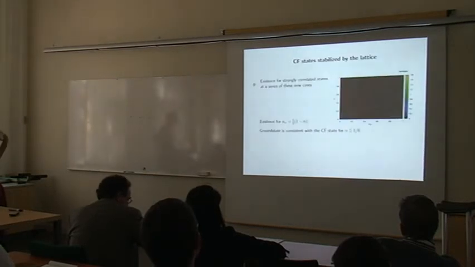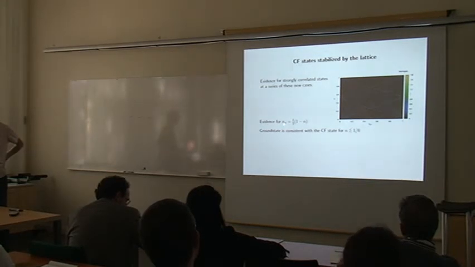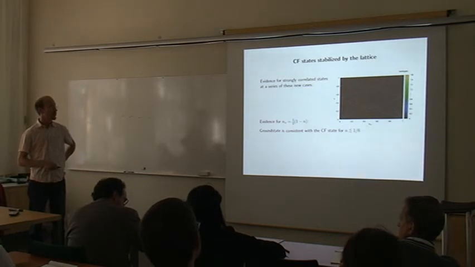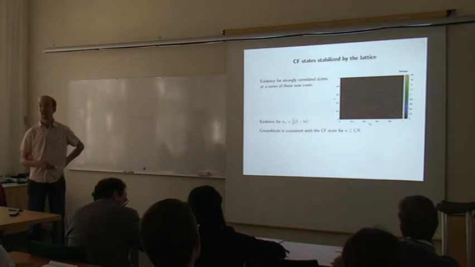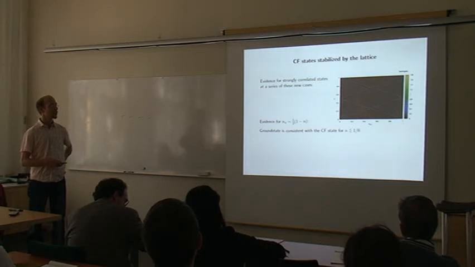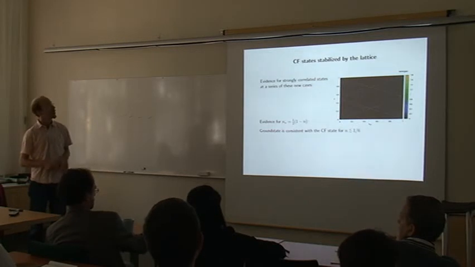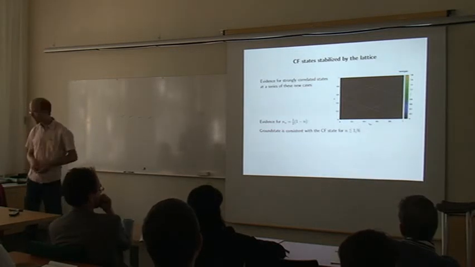So this line here has an equation which is flux density equals 1/2 times 1 minus m. And so in contrast to the continuum states, the filling factor is not well defined. Right? If you take n divided by m, that depends on n. So you can continuously tune through all filling factors that you want, at least as long as you stay in this low part.